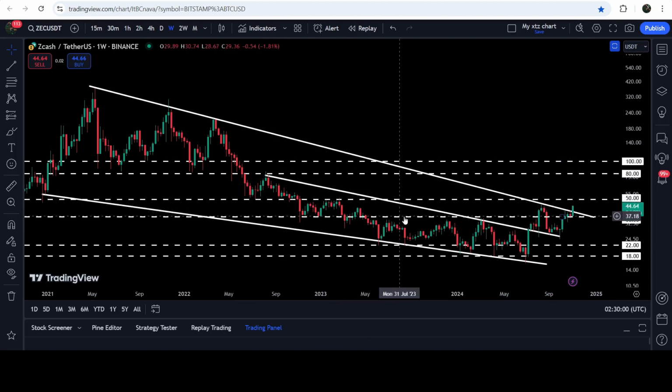Previously, it was also stuck inside this down channel that was formed within this bigger falling wedge pattern. And I was telling you in those days that as soon as the price breaks out the resistance of this channel, it can also break out the resistance of the bigger falling wedge pattern as well. After the breakout, the price line had a nice short pump, but it got rejected by the resistance of the wedge, could not break it out, and then it retested the previous resistance of the wedge